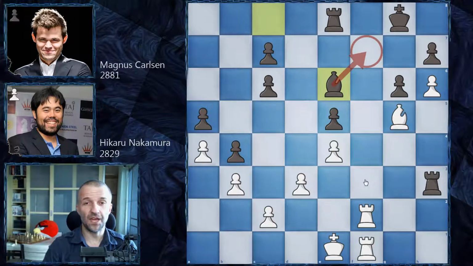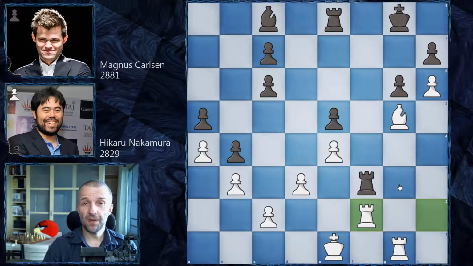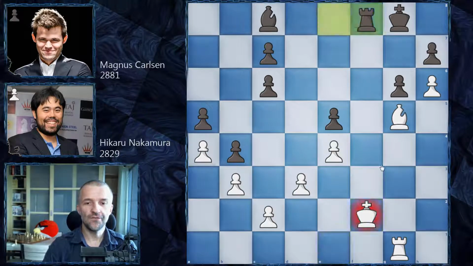White doesn't have any pieces to actually remove that. And also the rook cannot be attacked easily. If the king goes somewhere there, then the rook can always go to h5, and it's completely safe over there. So no problem. However, Magnus makes things easier for Hikaru, and he exchanged the rooks. So we have rook f2, king f2, rook f8, king e3, and now, believe me or not, Magnus